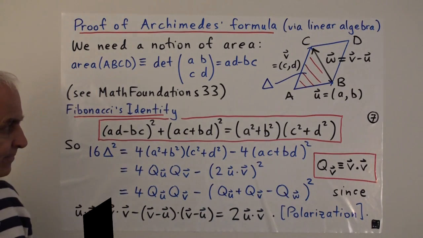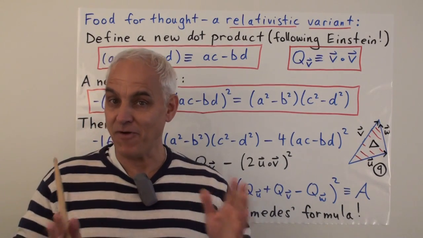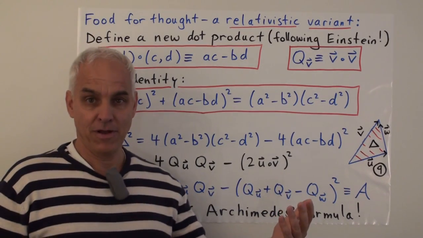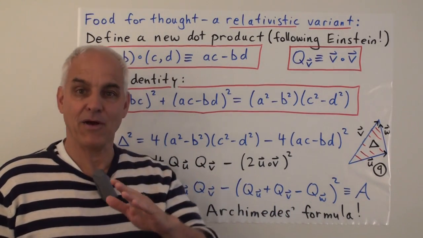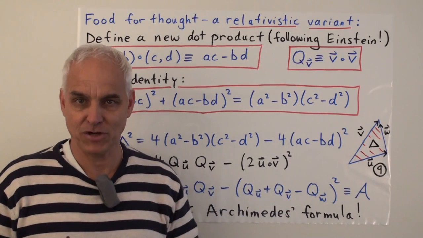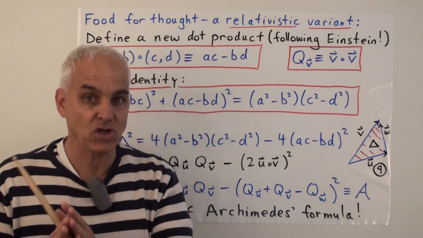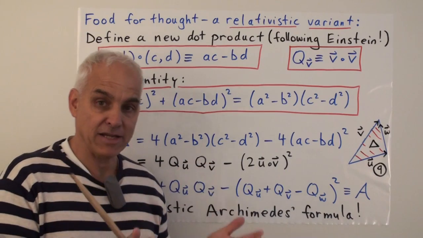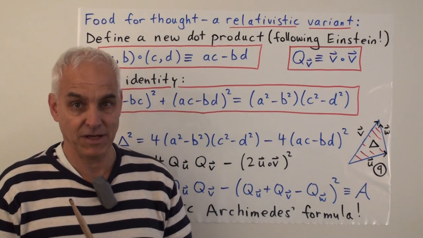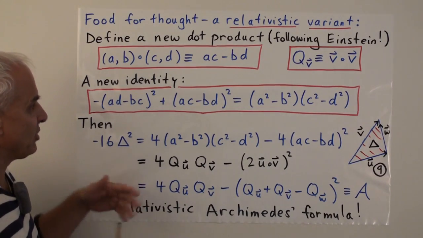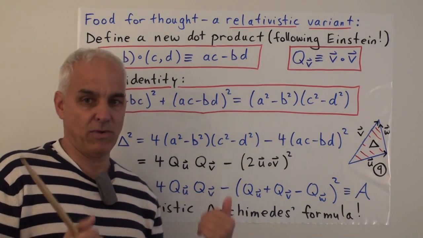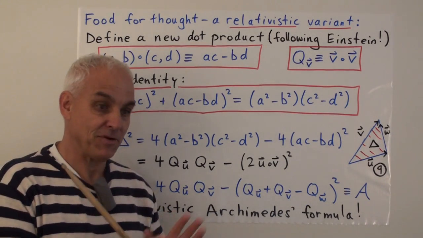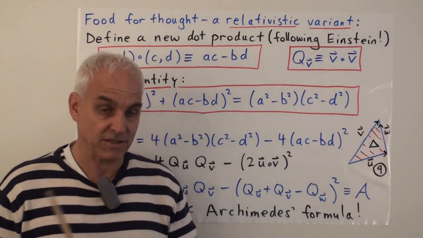It's all algebraic. So a reward for having followed that algebraic derivation of Archimedes' formula is that we can very easily now move to a relativistic application. We can change our orientation from Euclidean geometry to the relativistic geometry that's important in physics to understand Einstein's special and general theories of relativity. And we don't have to do very much here. It's just very minor variants on what we've just done. All right, so just in one slide, let me give you some sort of new directions of thinking about it. Very important if you're a physics student.